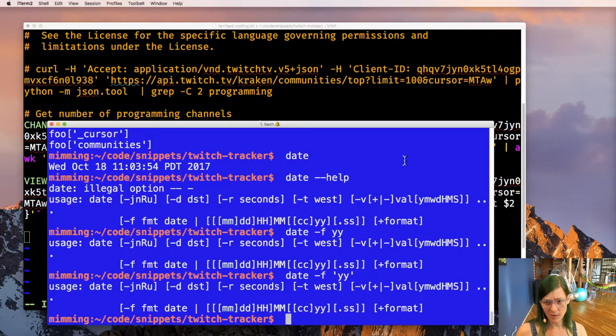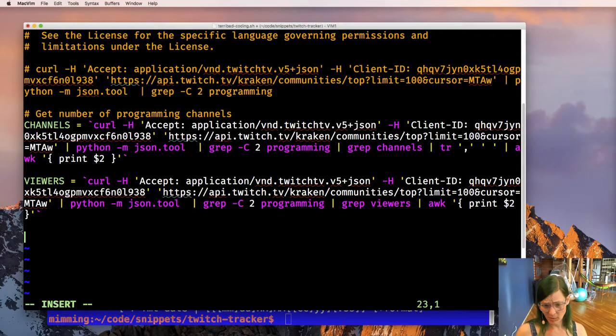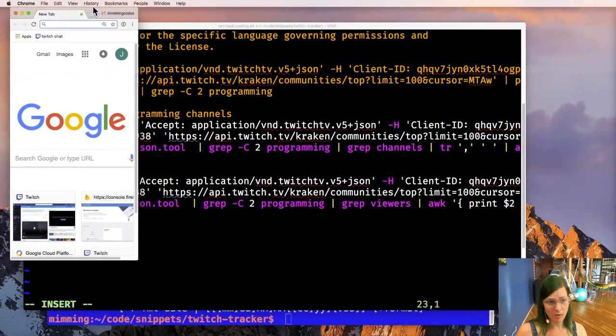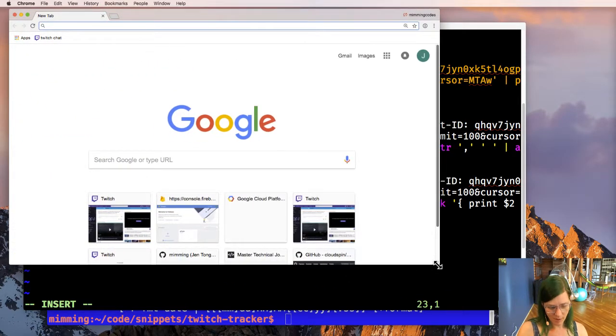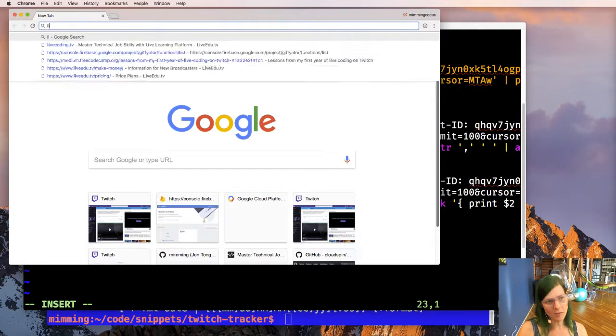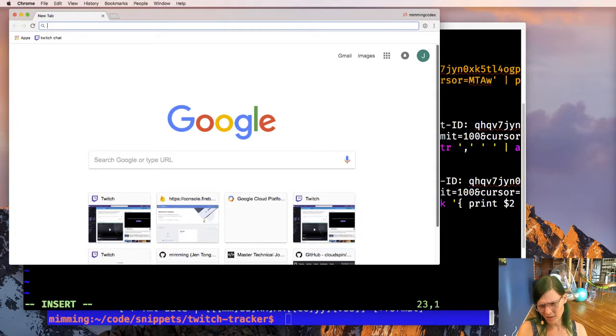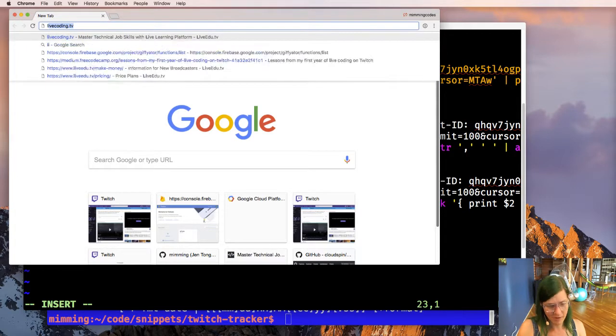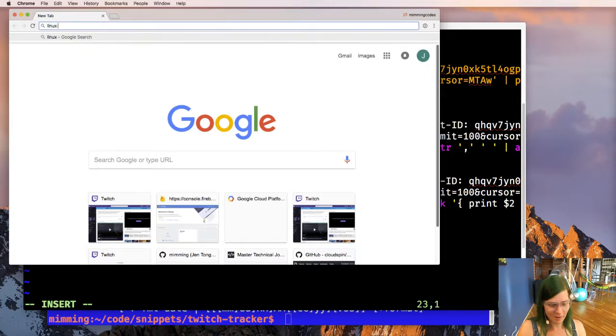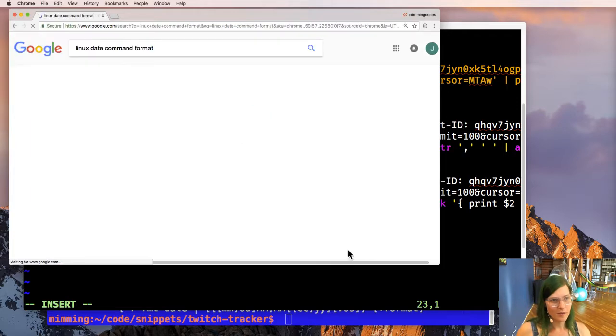I could look at the man page, but I think instead I am going to bring up Stack Overflow. Okay, so the date command. This would be Mac OS, but anyway, shell date command. I'm not sure how much this changes. See, I never know what to put at the top of these Stack Overflow queries. Bash date? Shell date? POSIX date? I think Linux is what most people who ask these kinds of questions would phrase it as, even though OS X is FreeBSD based, yada yada. Anyway, let's do Linux, date command, format.